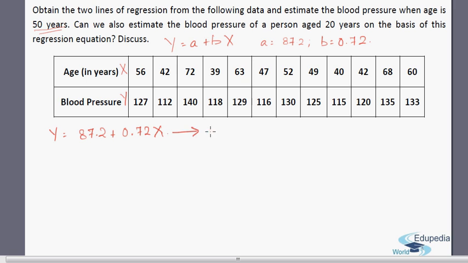Fine. So this is my first equation, the regression equation. Then when x equals 50, that is when the age equals 50, what would be the value of y? Then y would be equal to 87.2 plus 0.72 times 50. And when you solve this,